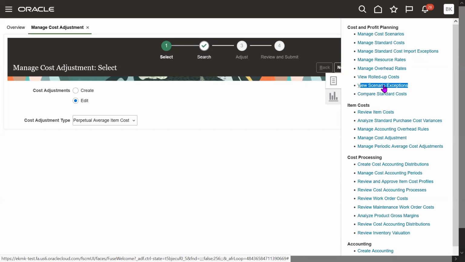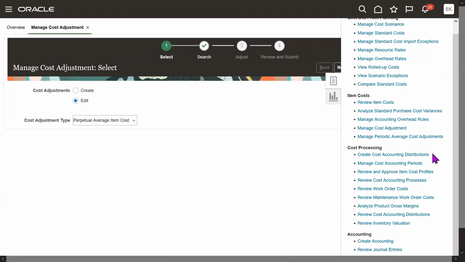The main error is when you publish a scenario, if there is no cost, it will throw an error, right? So those errors you will see here. Here you can see the item cost. Here you can adjust the cost, and here you are able to run